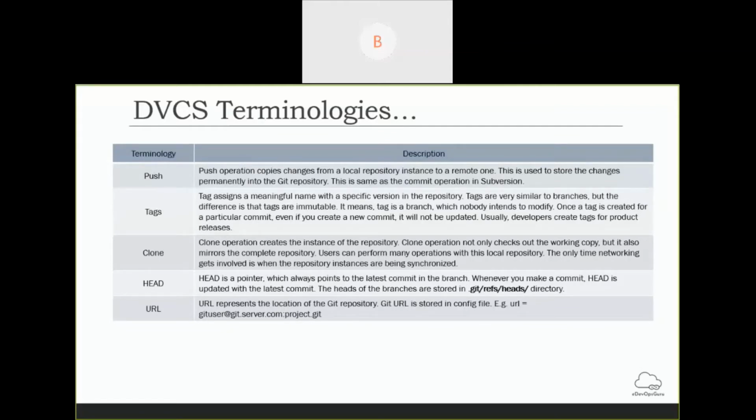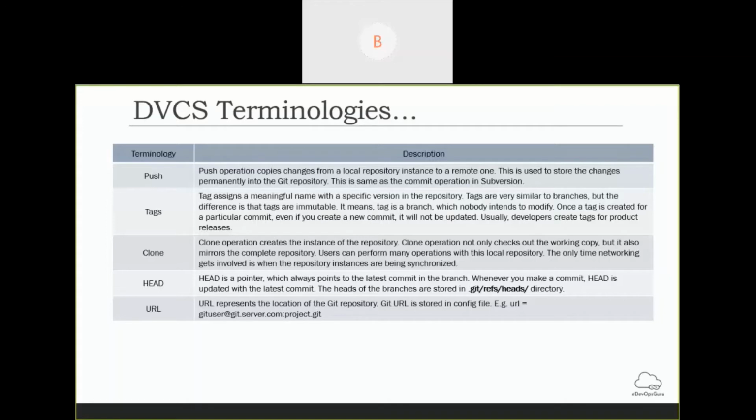Tags are nothing but identification of the version of your changes. It is good to have a tagging mechanism in your project so that when you do a release, it will be easy to track each and every change and which release contains what kind of fixes or features.